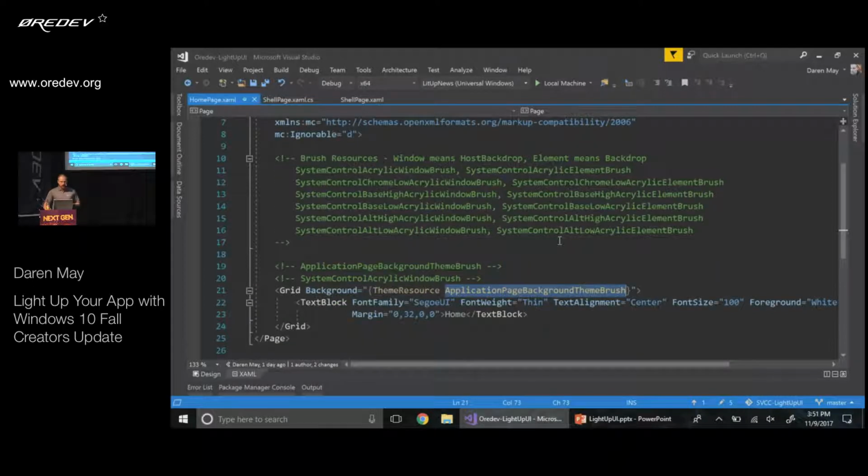We can change that to use the system control acrylic window brush. If I drop that in, now we're going to have an acrylic. And the difference between a window brush and an element brush is the window brush shows what's behind the window. The element brush shows what's behind the element within the scope of your application. So you'll get transparency within your application using element brushes, transparency outside of your application using a window brush. So if I run this up,